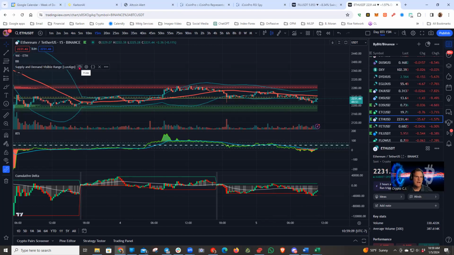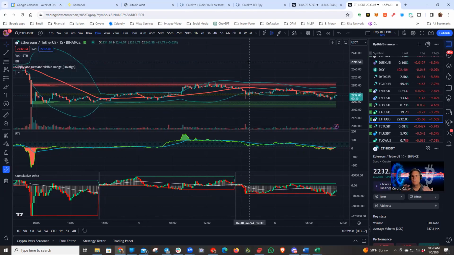And then my final evaluation is going to be the supply and demand visible range I talked about on the 5-minute chart. I want something that's either approached or gone through the green zone and coming back up on a long, and then something like this on a short that's gone through the red zone and coming back. So